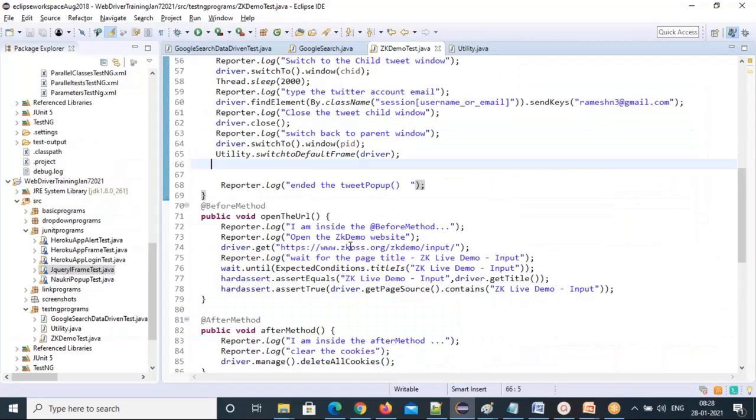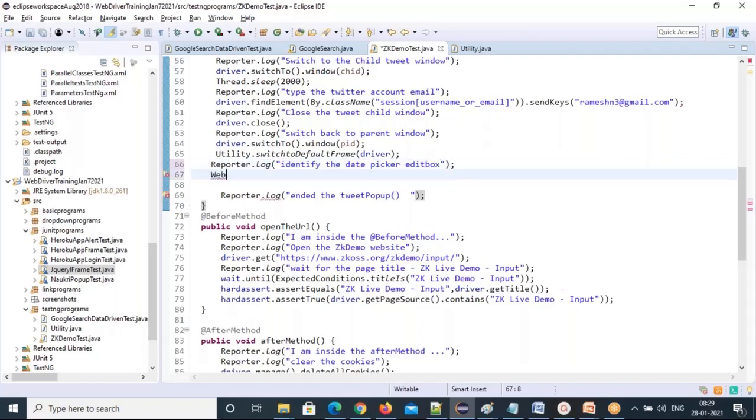I'm identifying. First identify the date picker edit box. Reporter dot log. So how can you identify?